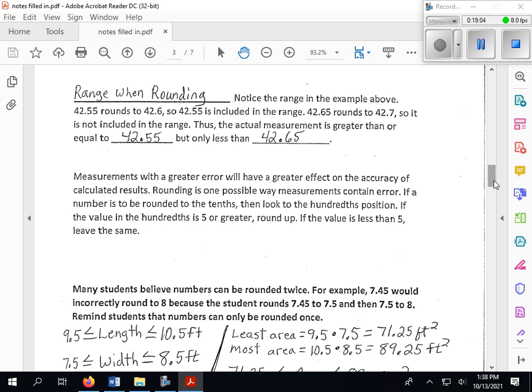Your range when you're rounding something. That last one, we rounded 42.64. We rounded it off to 42.6. What's that telling the next person that looks at it? Is it telling them that it's exactly 42.6? Because we can't be exact. All right? So what you got to know is that's telling that next person that the actual length,